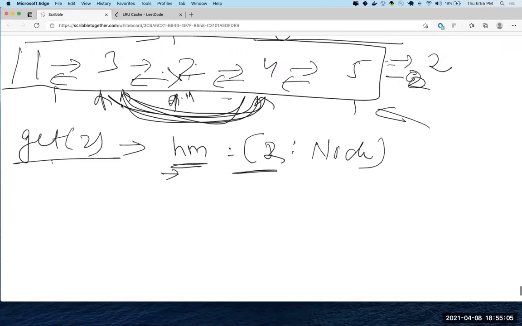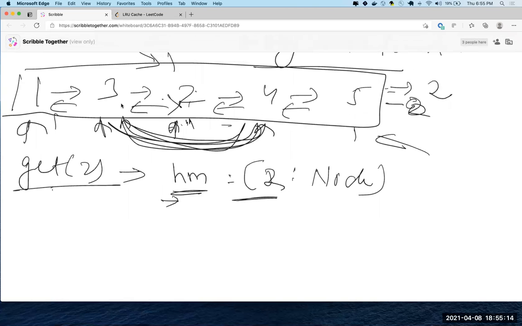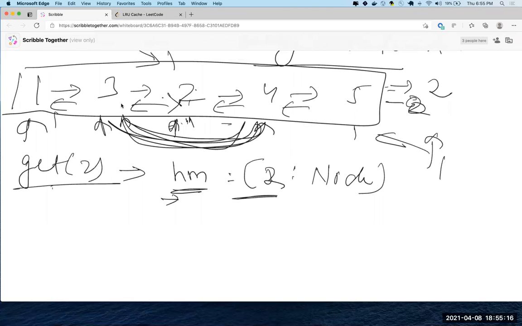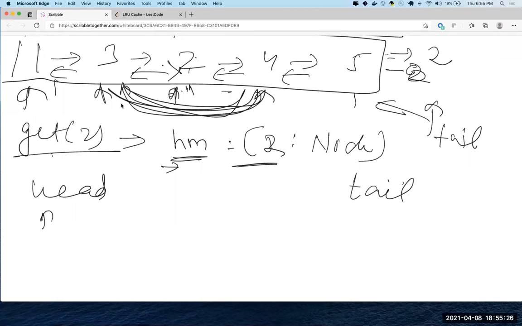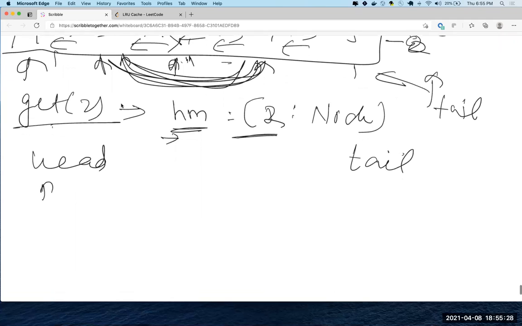Now the real thing here is, if you just try to solve LRU based on head and tail. Usually you code this by using a head at the starting and a tail at the end. Or, if you want, you can remove from the head also. And then there are edge cases wherein your head is nil or tail is nil, or head and tail are the same.